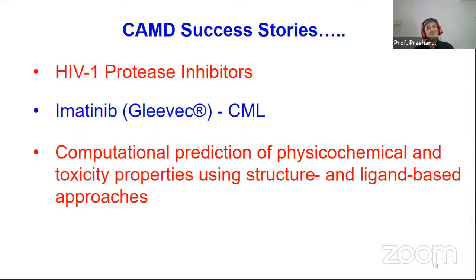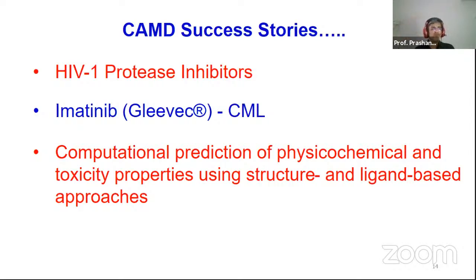Then, apart from structure-based drug design, or for that matter ligand-based drug design, computer-aided molecular design was used for optimizing the pharmacokinetic as well as physicochemical properties. In fact, in 1996, Lipinski's rule of five was published. Before that, the drugs used to undergo attrition in late stage clinical trials like phase 2 or phase 3, and one of the reasons was poor pharmacokinetic properties. So after 2000, after Lipinski's paper was published in 1996 or 1997,